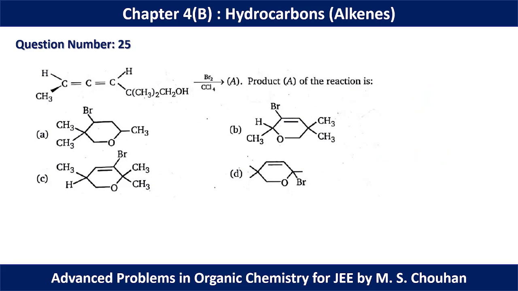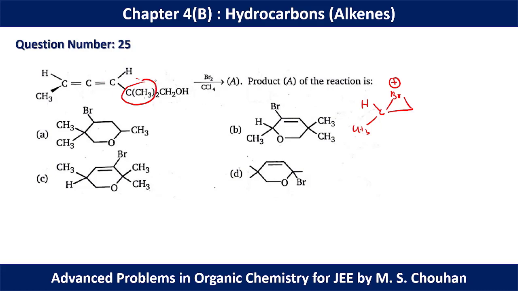In question number 25, we have two cumulated double bonds and we have a bromination reaction. So basically we can start the reaction like this. We have one cyclic bromonium ion here. You may ask that bromonium ion can be formed here also. Yes, you are correct. But we have